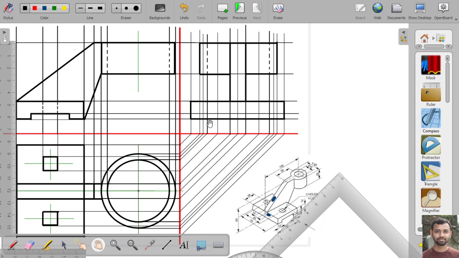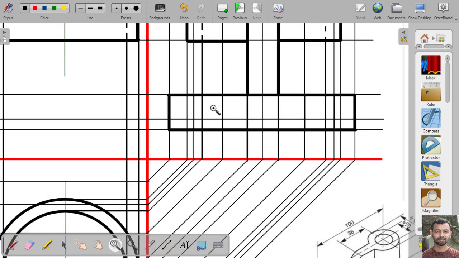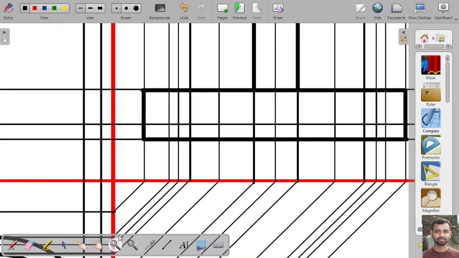Both these lines will be hidden lines, and here also this line and this one will be hidden lines. Okay, so if we make these lines hidden lines,